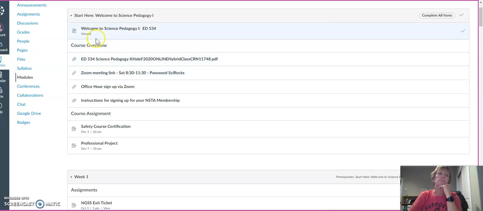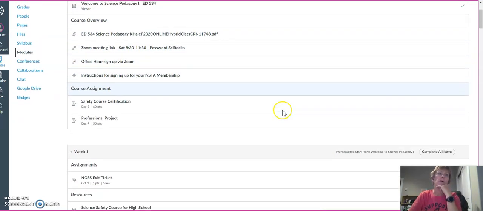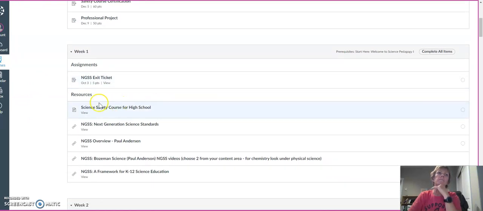I would go through all of the information in the welcome here. And then for week 1, you have some resources around the NGSS standards, the Next Generation Science Standards, which is what we will use to base any curriculum on in this class. Getting familiar with those, and then you have an exit ticket that is due on the 3rd of